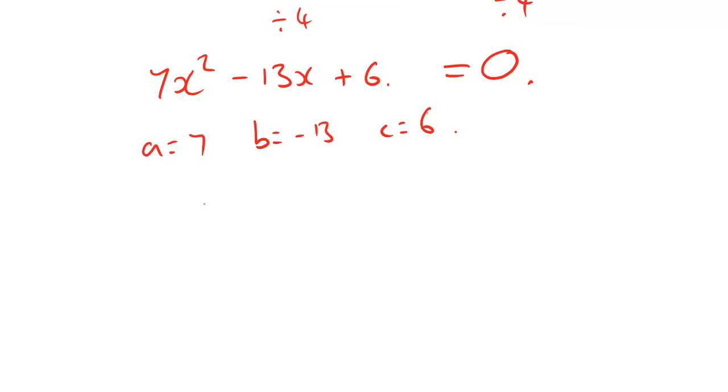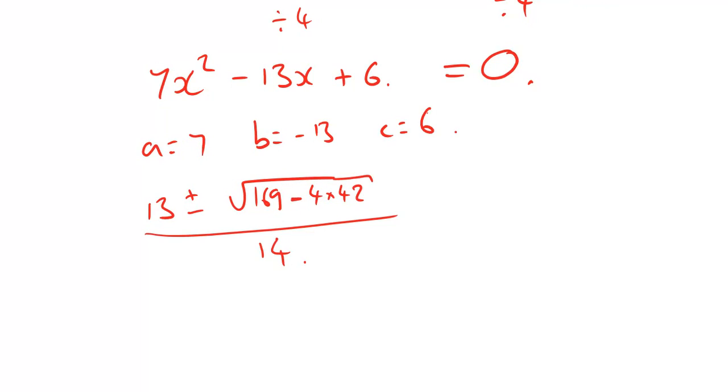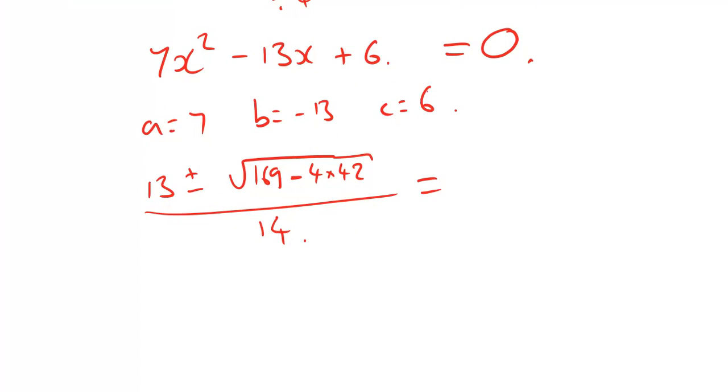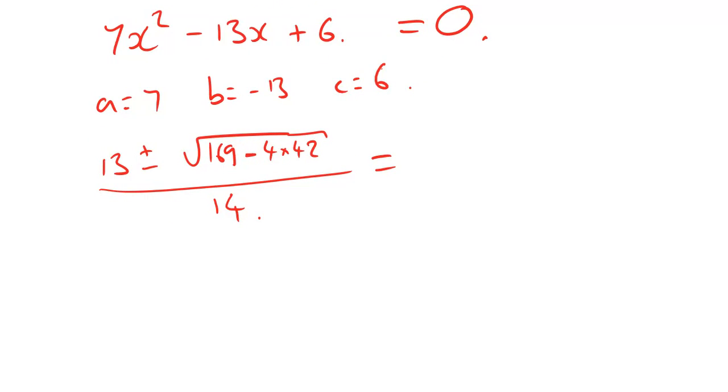So if I substitute this in, I'm going to have 13 plus or minus the square root of 169 minus 4 times A times C. So 4 times, well, 7 times 6 is 42, all over 14. Now, let's see if we can simplify this. Okay, so if I can simplify this, well, 4 lots of 42. Well, 2 lots of 42 is 84, so we're going to have